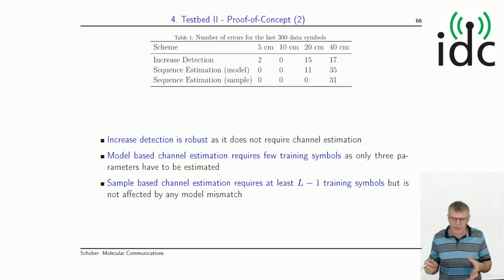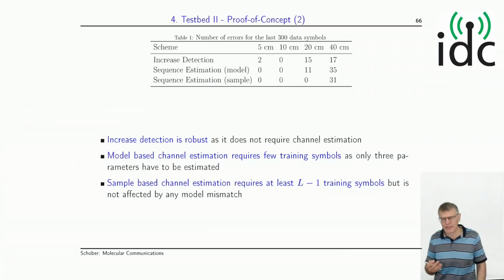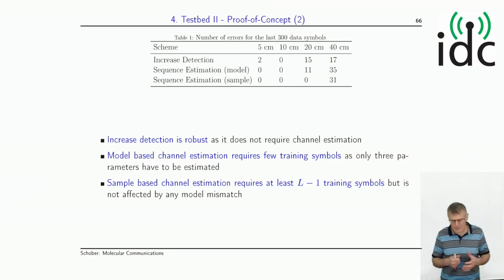And then in both cases, we used these impulse responses and put them in a Viterbi decoder to basically get the error rate. And what do we see here? Well, we see that the model-based scheme actually works fairly well, right? However, the sample-based scheme works better for larger distances, and this is probably due to the fact that this model-based scheme has probably some mismatch, right? There's some model mismatch, whereas the sample-based scheme does not have such a model mismatch, even for larger distances. But of course, the downside is that you need much more